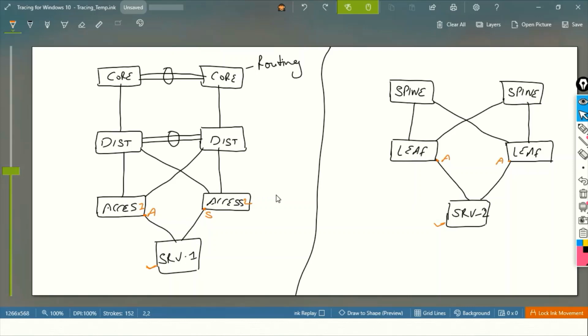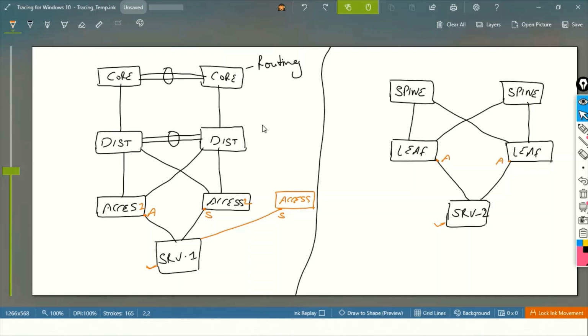We have a limit: if we install one more access switch here, then we can connect our server to this access switch, but this interface again goes into standby state. It is not in the active way. So once the active interface goes down, then the remaining interface will come up. That is not possible here, right? But here it is not like that. We can connect multiple interfaces with multiple devices.